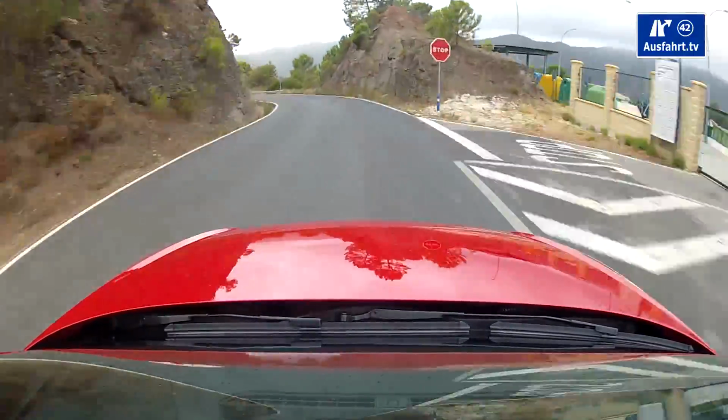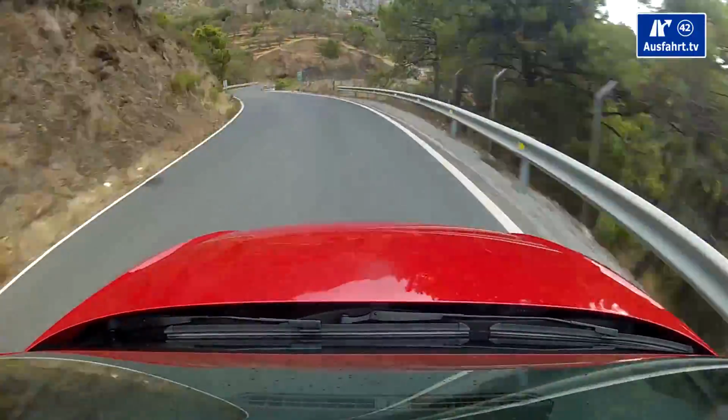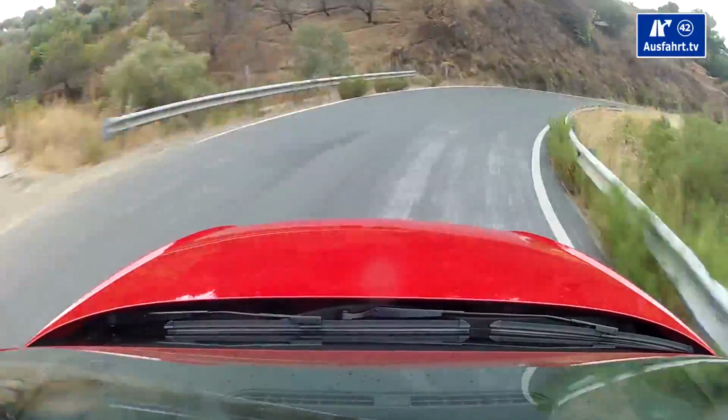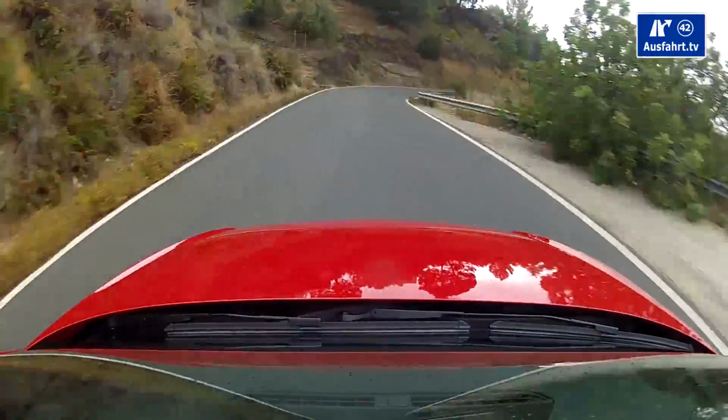Well, you know, I'm not Chris Harris and this is not a track. We're actually driving around in Spain on public streets, so no drifting, no bullshitting about anything. I can tell you a little bit about the daily driver qualities of the Audi TT. And once again, cash money brothers, everything is just optional if you don't get the TTS, but just the regular